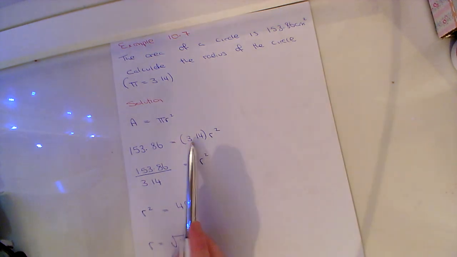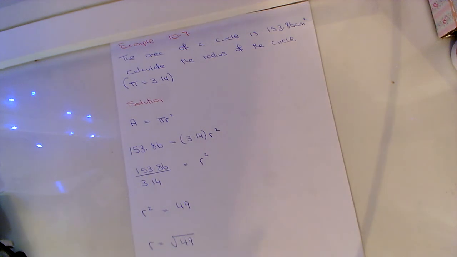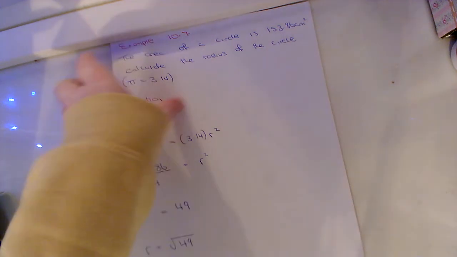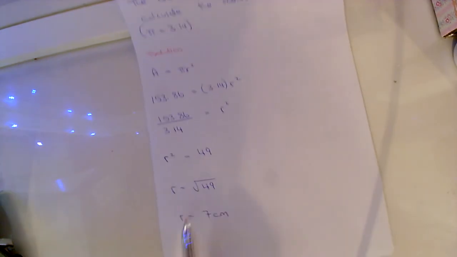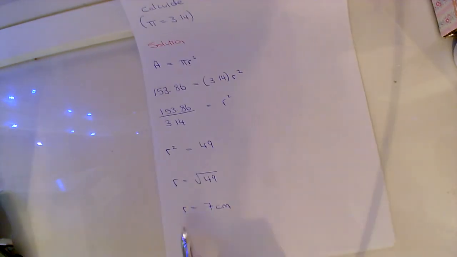153.86, is equal to my pi, which is 3.14, times my r squared. Right, these two are being multiplied by each other, so I'm able to say that r squared is equal to 153.86 divided by 3.14. Okay, so I put that into my calculator and I get r squared is equal to 49. I want to get r on its own, so the reverse operation of squaring a number is getting the square root. So I'll say r is equal to square root 49, and I get then r is equal to 7